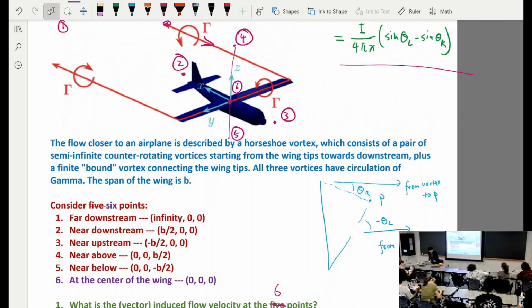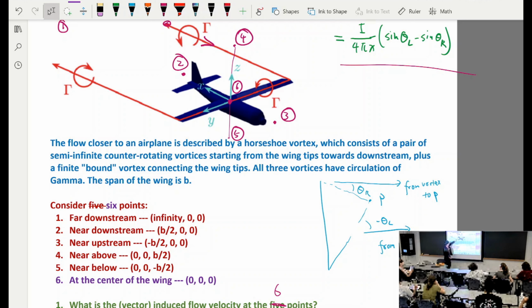So the reason I'm bringing this up is that there is actually a fallacy of modeling the flow field using this kind of what we call concentrated, ideal vortices. The fallacy is that the velocity is going to be infinite with an undefined direction if you look at the induced velocity exactly on top of a vortex. Okay, so this is a fallacy of modeling the flow field with these kind of ideal vortices, because if you look at a real flow field,